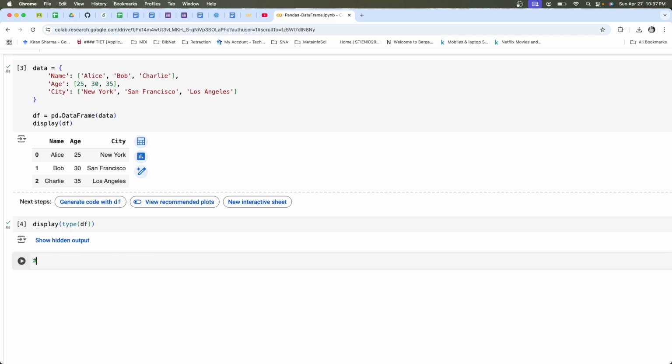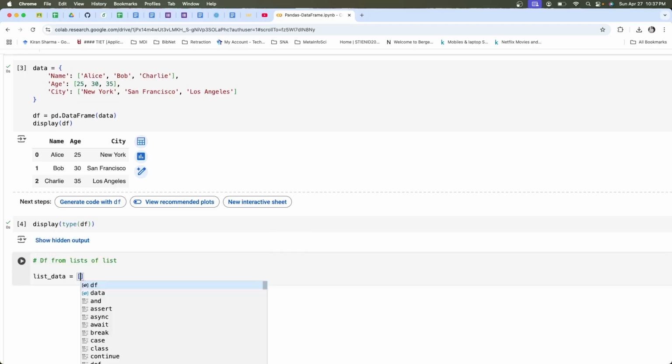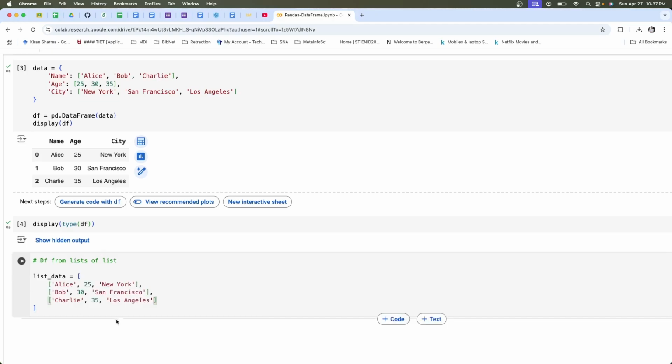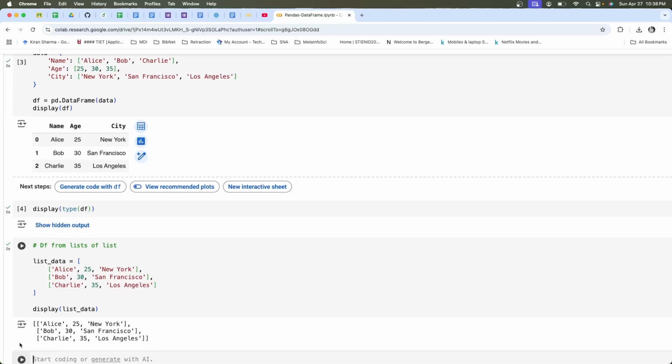When you create a DataFrame from a list of lists, then you need a set of lists. So let's say I have these different sorts of data: Alice, 25, New York, Bob, and so on. So this is my list of lists. If I display this list data, you will see it will come as a list.